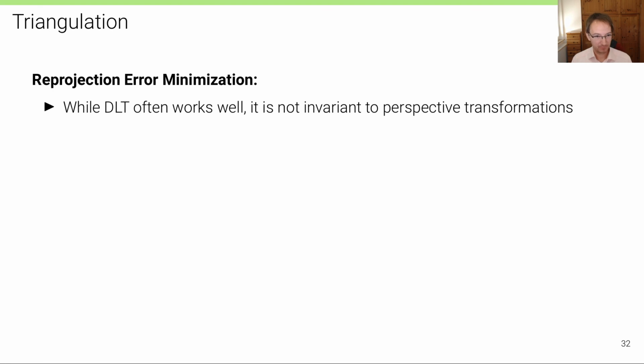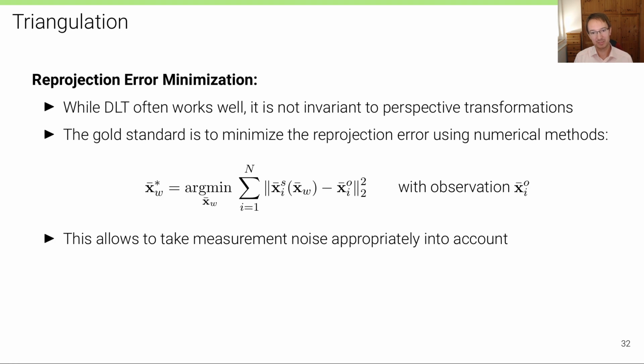Some remarks. While DLT often works well in practice, it is not invariant to perspective transformations. That means that noise that happens in the image is not taken appropriately into account. And therefore the gold standard algorithm is to minimize the reprojection error, to find the 3D point that when projected into the 2 or more images is giving the smallest Euclidean distance in the image plane. And we can formulate this as an optimization problem